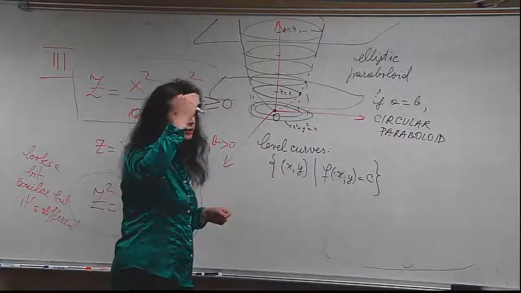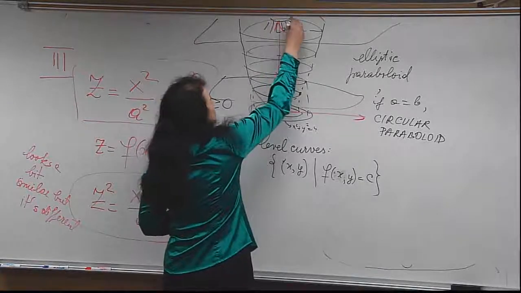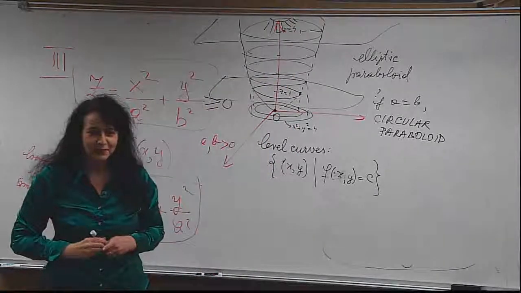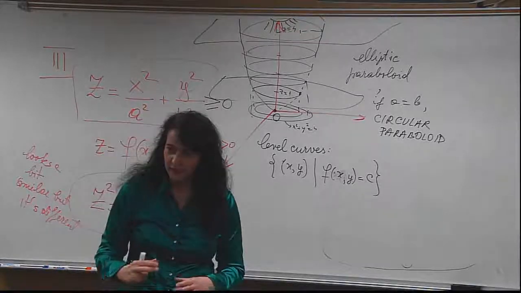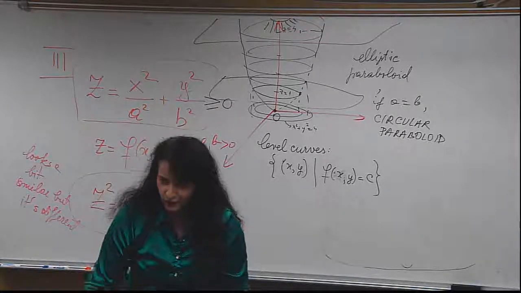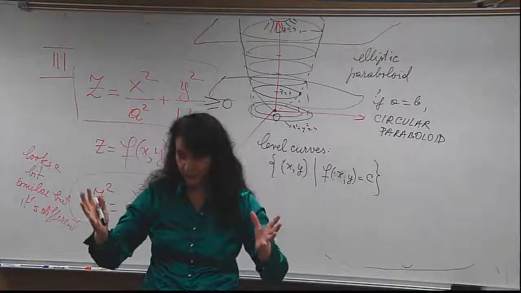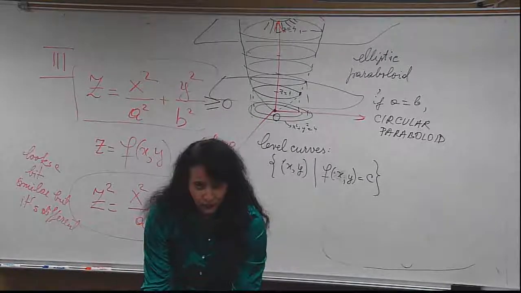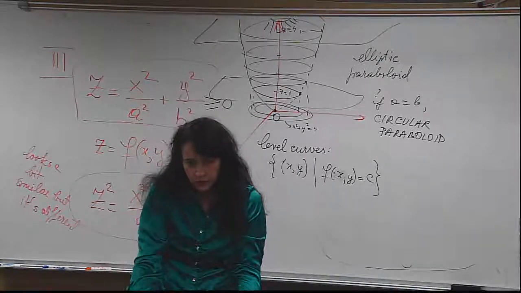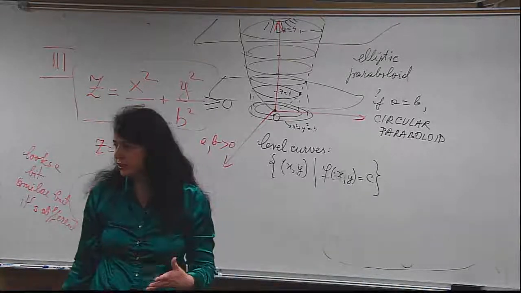So if you were the eye of God, or whatever it is here, please, external observer, you see these concentric circles on the floor. These concentric circles on the floor are the projections of the circles in your lamp. This is the source of light, and everything projects shadows. Those concentric circles are called the level curves. And we will see those again as an obsession in chapter